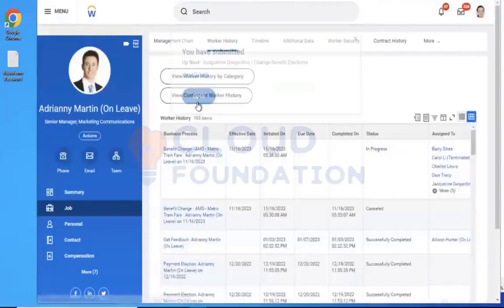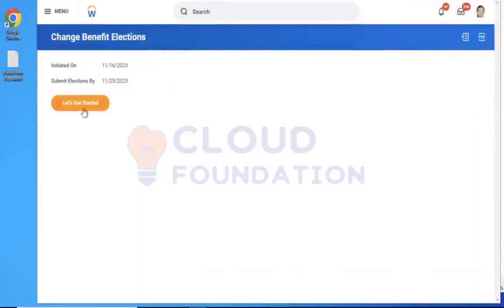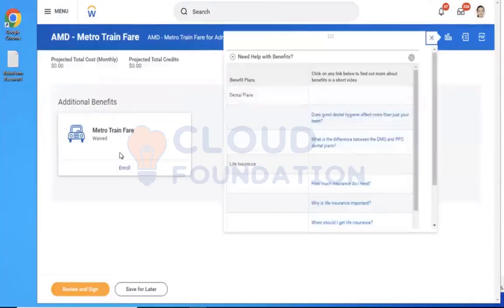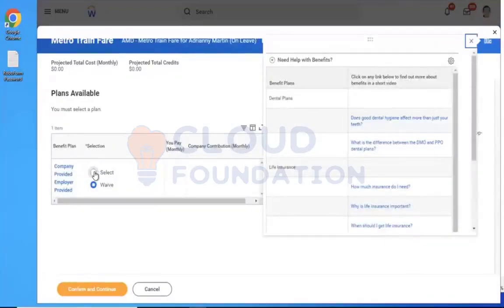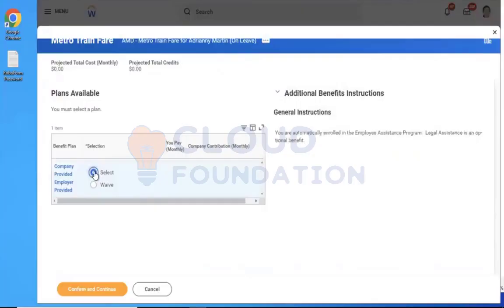So Ben admin, it's open for the Ben admin itself. Enroll. Now it has an option to select.